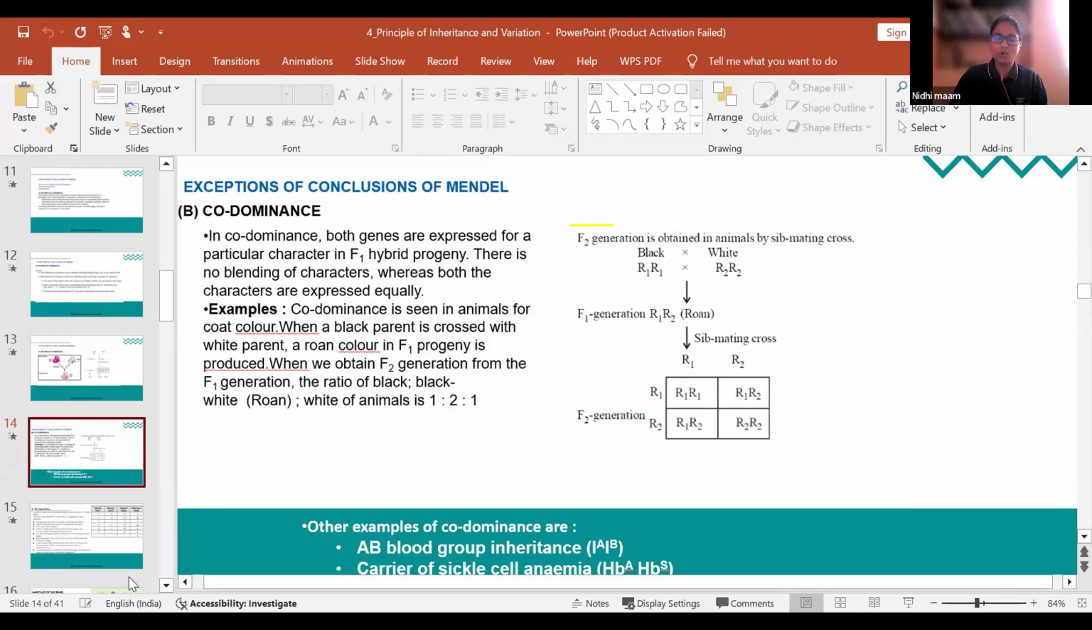Next we have is codominance. Next one is codominance. So in codominance, both genes are expressed for a particular character. One minute. Before that,